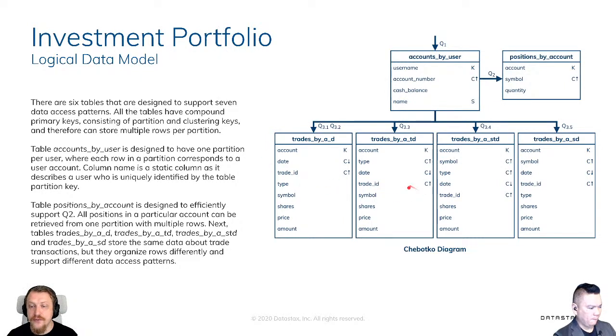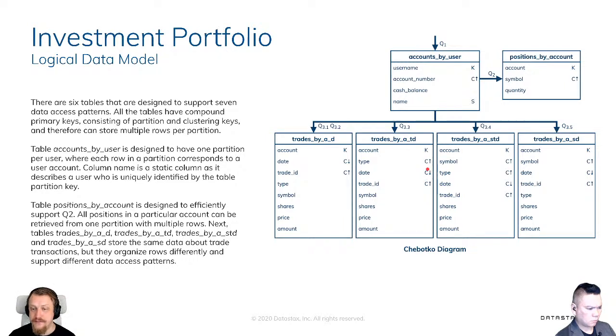Why can't I use the previous table, or a better one? Because I understand I need to be able to search by type. Without type as a clustering column, I cannot use that. And the answer is, you could use trades by account, type and date to run searches 3.1 and 3.2, but if you are going to use clustering